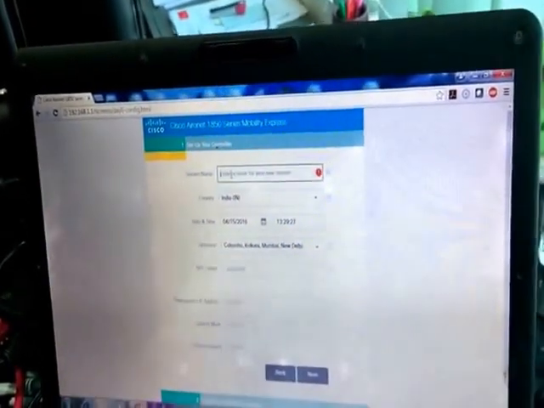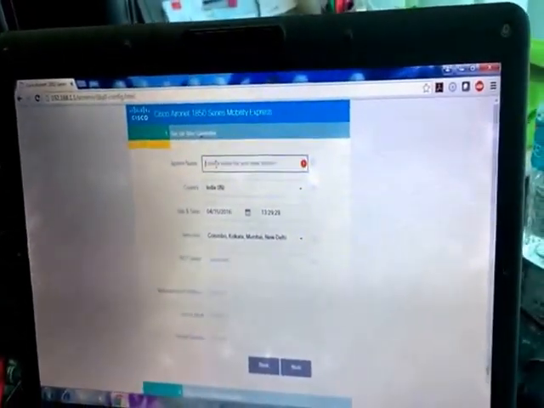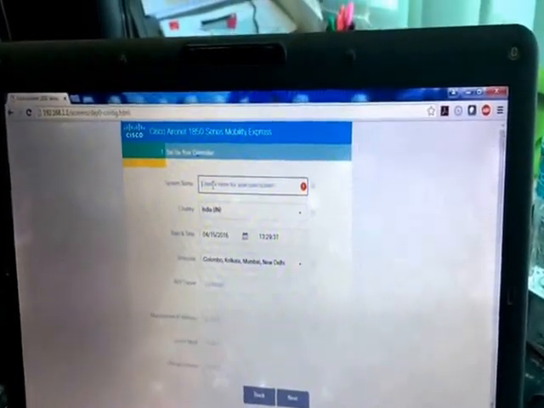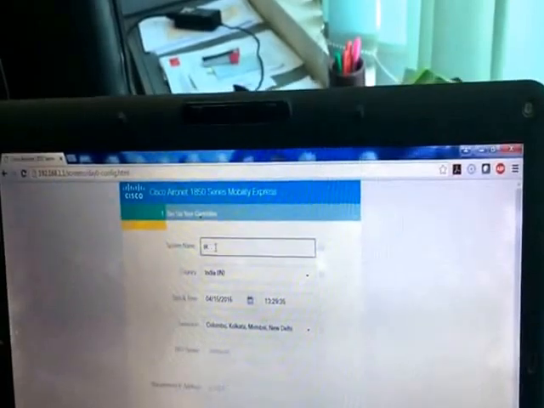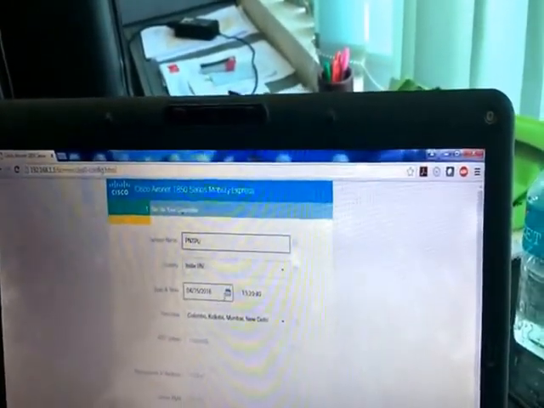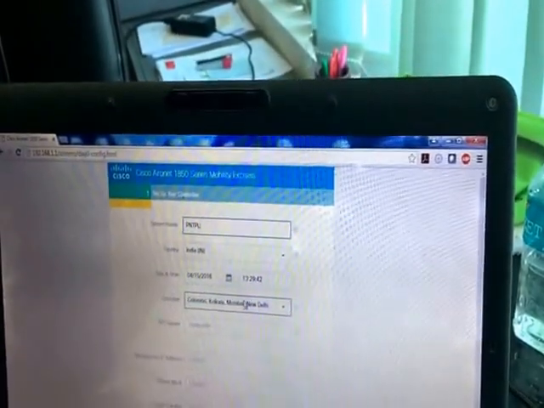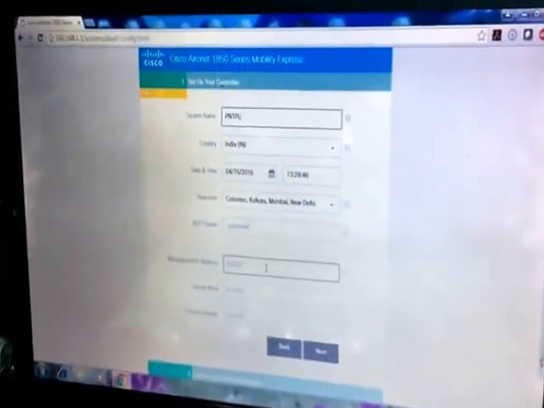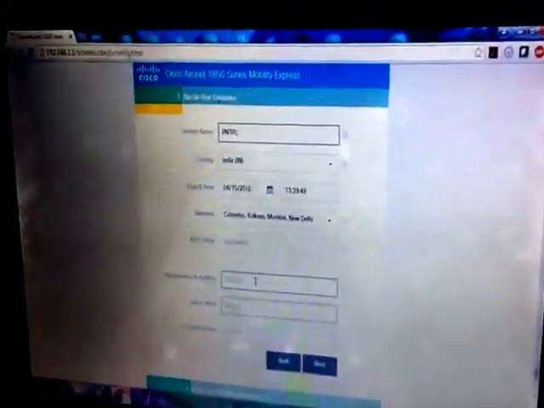Here I can give the name of the system, any system, like I am giving my company name PNTPL. Select your country, time zone. If you want to give the NTP server, it's optional, you can give it or not, and the management IP address.